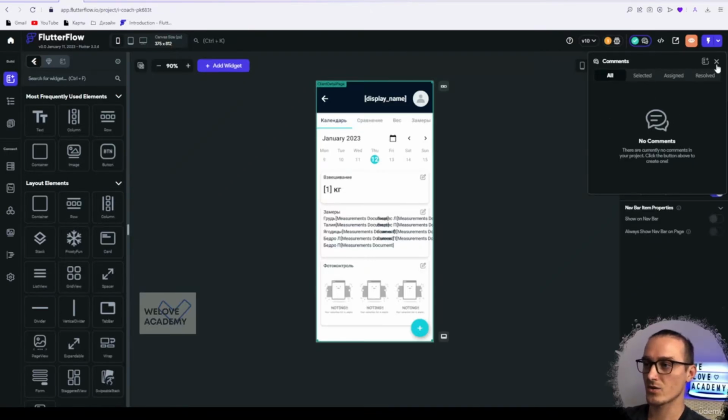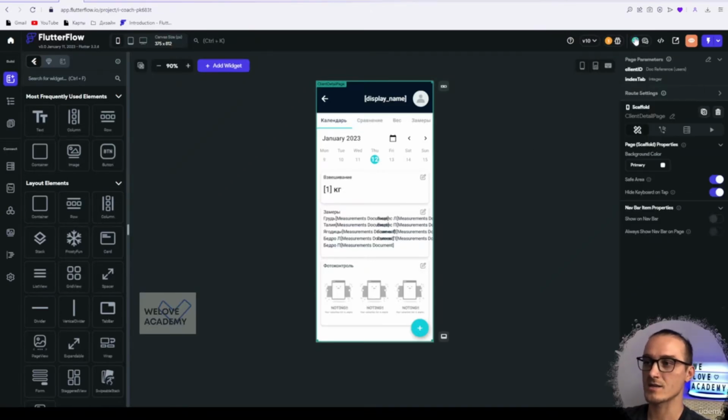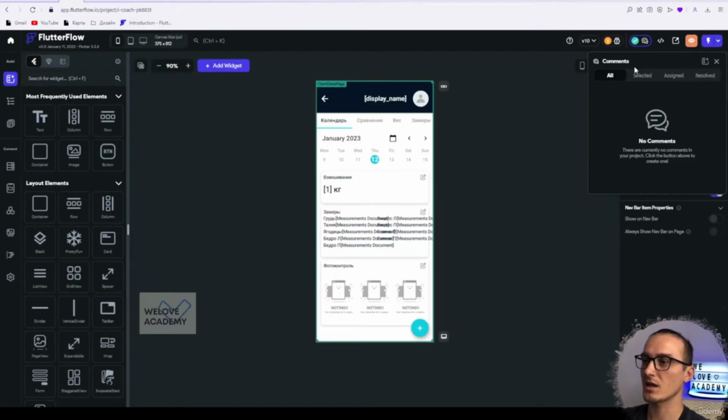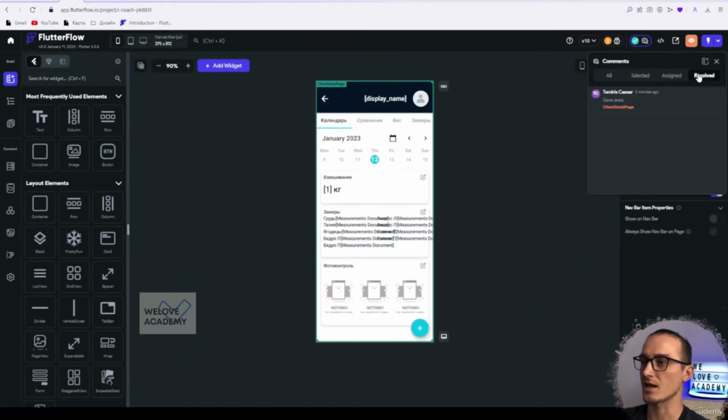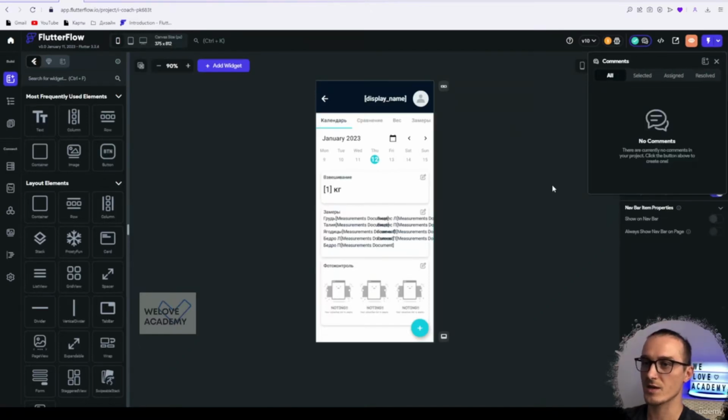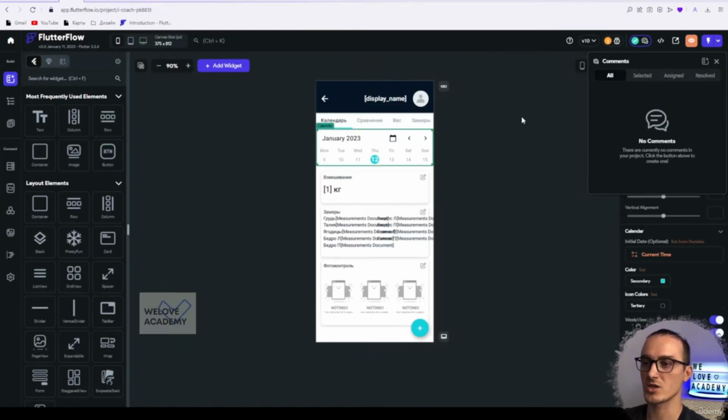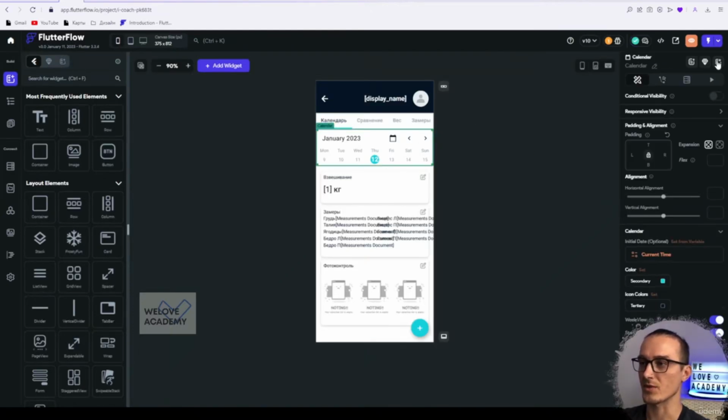And let's go check how it works. It is here, so we see that all comments result here. So let's click and we have all selected, assign it result. How it works? So for example, we need to choose a particular widget or page or something like that, and